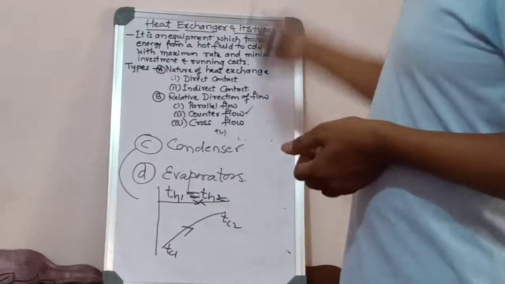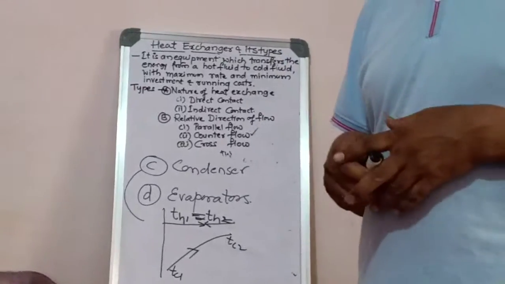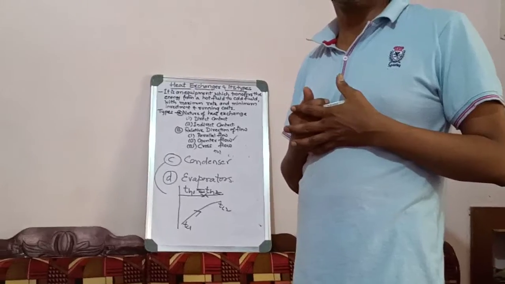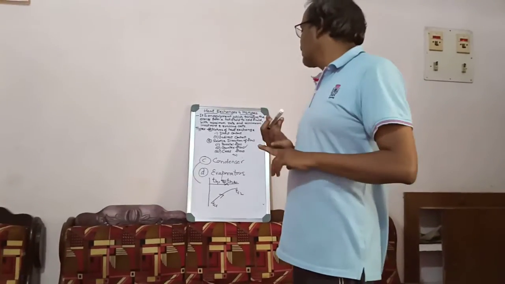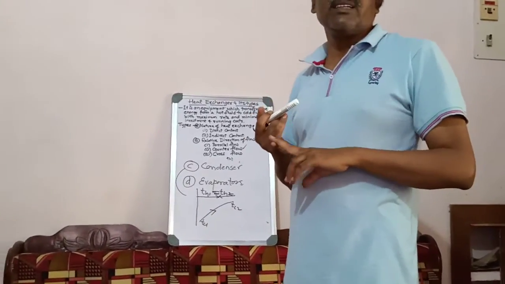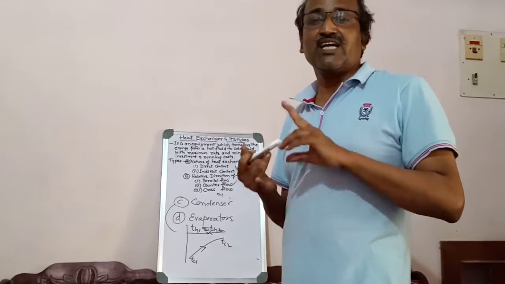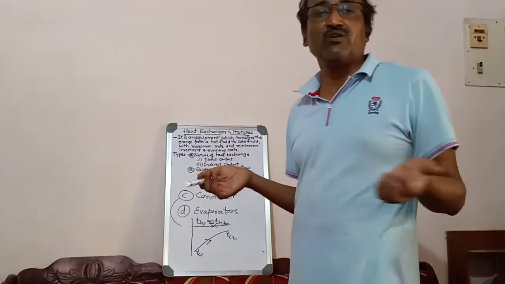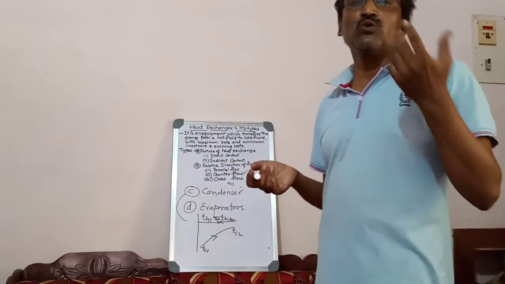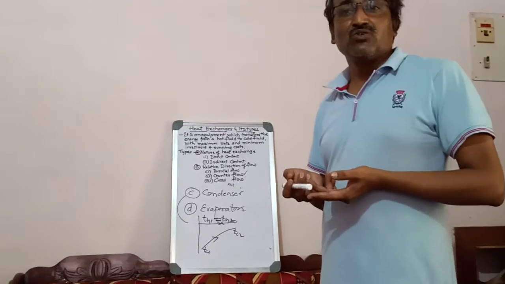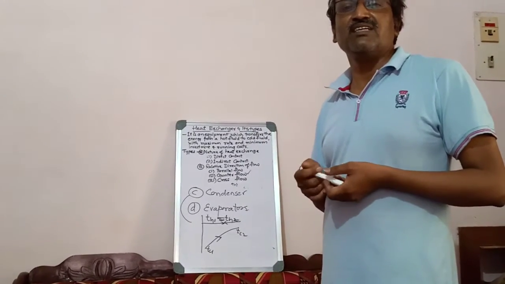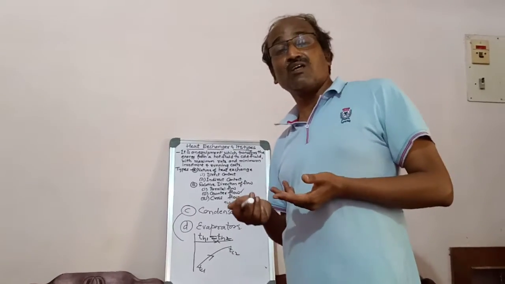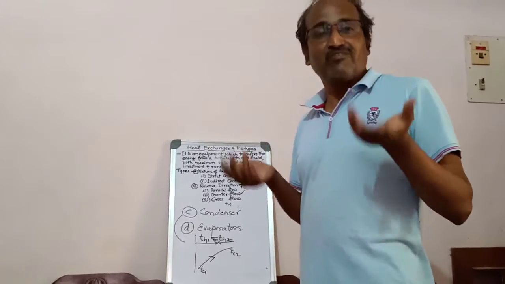So when you see heat exchangers and their types, different types are there, but these are the basic types. First, depending on the nature of the heat exchange, there is direct contact and indirect contact. In direct contact, the hot fluid and cold fluid come directly in contact with each other. In indirect contact, the hot fluid is not allowed to mix with the cold fluid. 99% of our engineering applications are indirect type, because the hot fluid cannot be mixed with the cold fluid as the chemical composition is different.